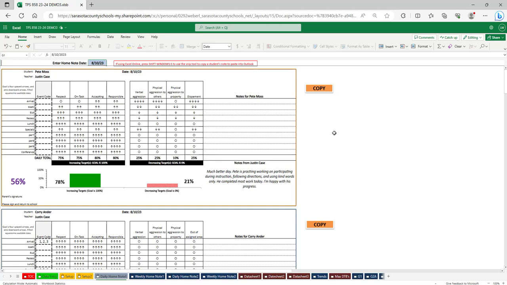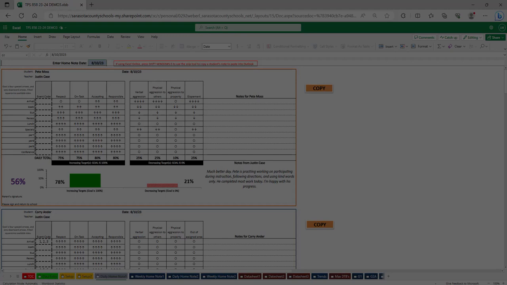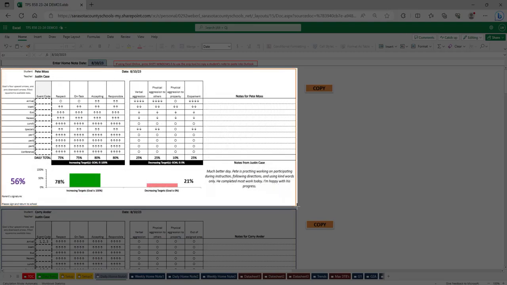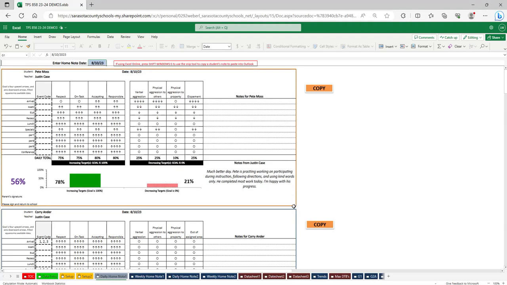So what I need to do is use the Windows snip tool, which is the Shift key, the Windows key, and the letter S. I'm holding down the Shift and the Windows key, keeping them pressed, and then I press the S, which makes the whole screen go dark. Then I move my cursor to the top left here, and I click and drag. So now the home note for Pete is copied to the temporary storage area in the computer